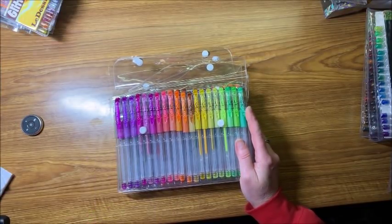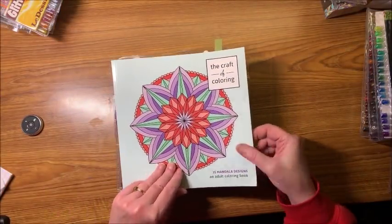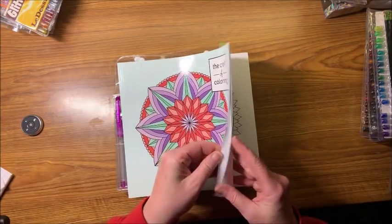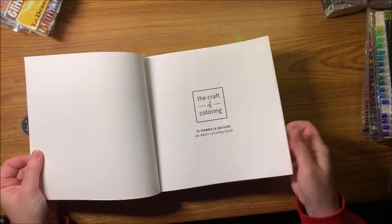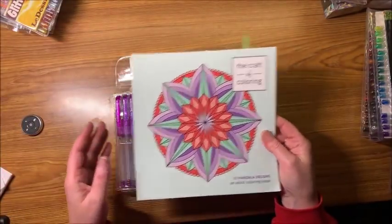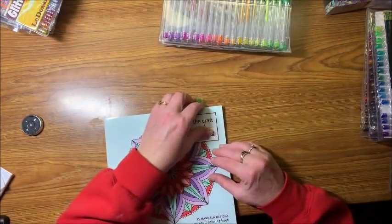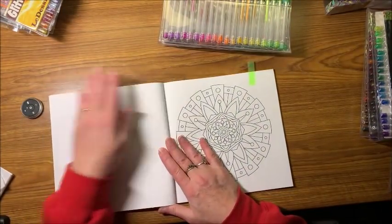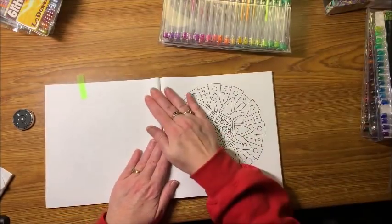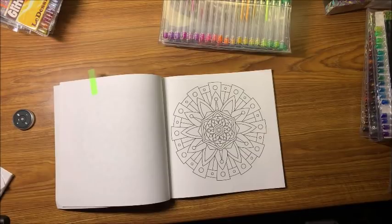So we are going to color a mandala out of this book. It is called The Craft of Coloring. It is a smaller book, as you can tell by my hand. I'm not sure if it says the publisher. Yeah, just The Craft of Coloring. So there's no author or anything like that. But it is a smaller book, nothing super detailed. I kind of picked one out. I figured it was a little bit of an easier mandala to color on screen tonight and just get a video out. Okay, so I'm going to take a sip